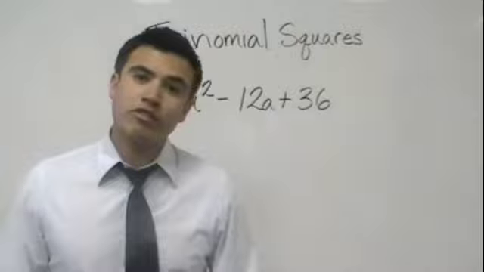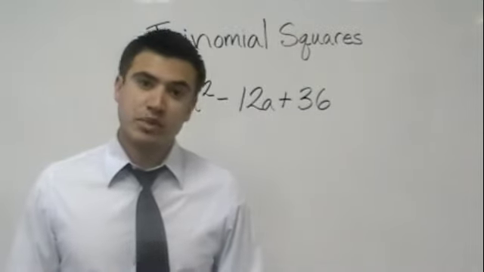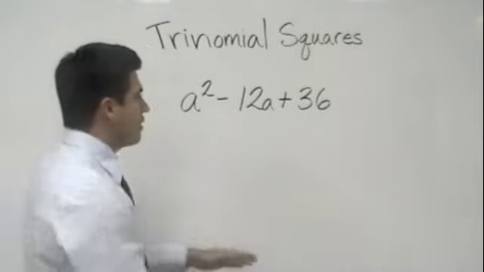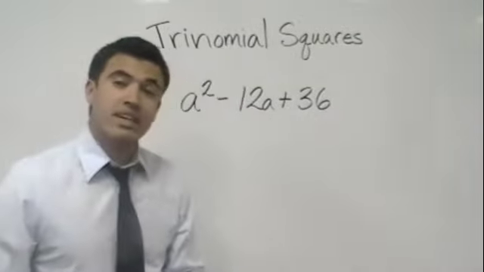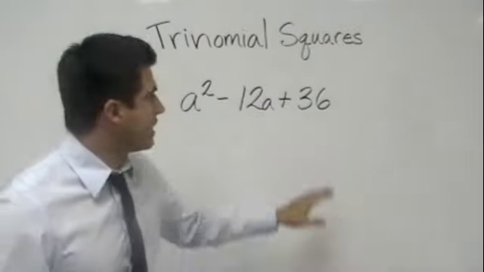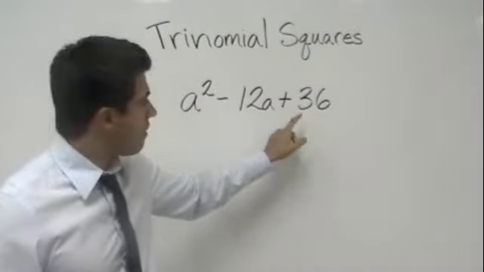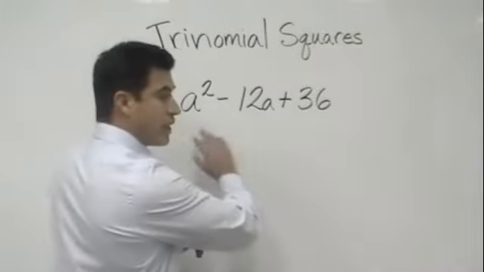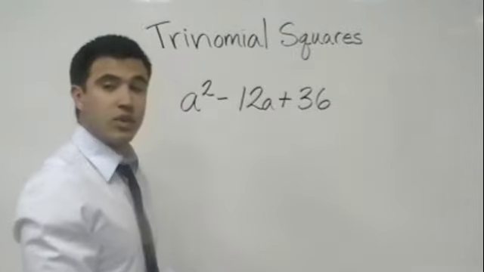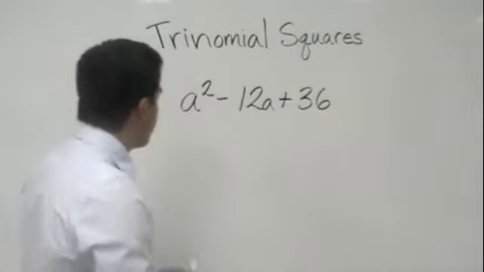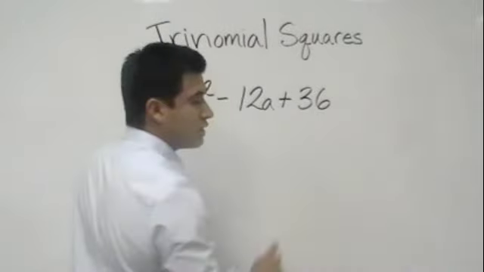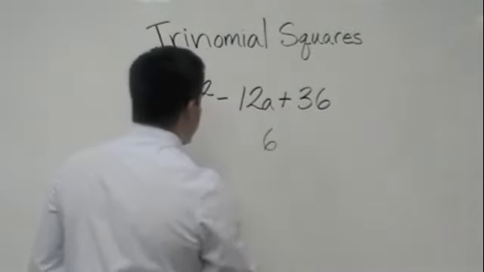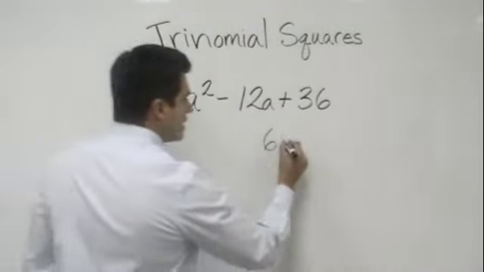Now, we're going to go through it a little faster, but we're still going to maintain the same concepts that we talked about. We want to check first to see if that's a perfect square. Yes, it is. We want to see if this is a perfect square. Yes, it is. One other thing we have to make sure is that this number right here is a positive. So 36 has to be a positive. Any number on the trinomial at the end, as long as it's the constant, has to be the positive. So this has to be a positive, and that has to be a positive. It is. So the square root of 36 is 6, and the square root of a squared is a.